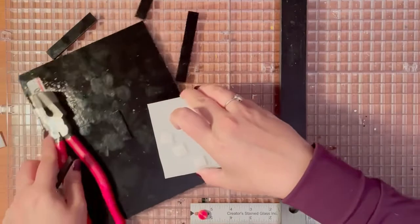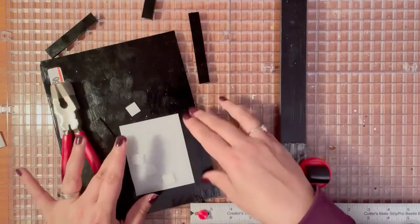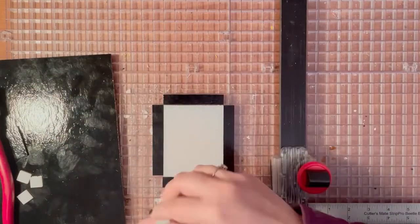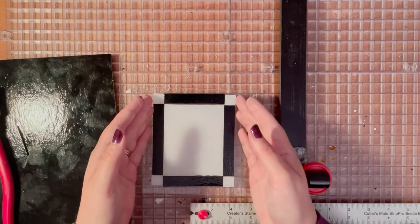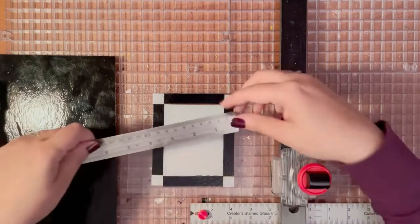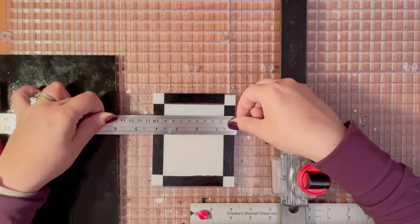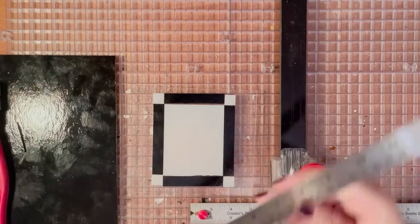I'm going to need to put this on something so my little squares don't fall into these grooves. Perfect. And we're going to measure just to double check. So, yeah, see? There is a slight difference, like 4 1/8 by